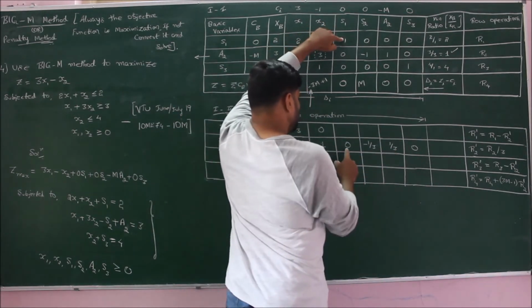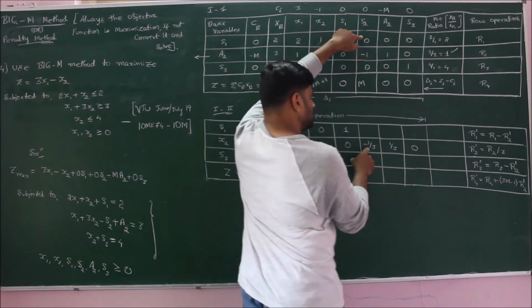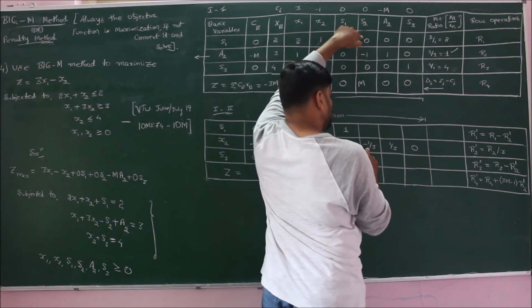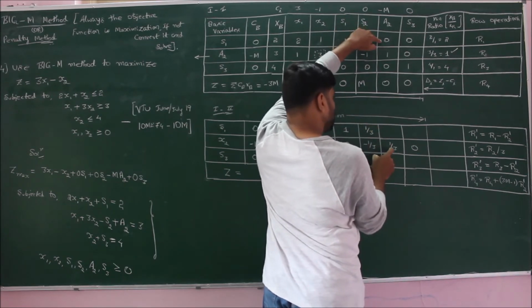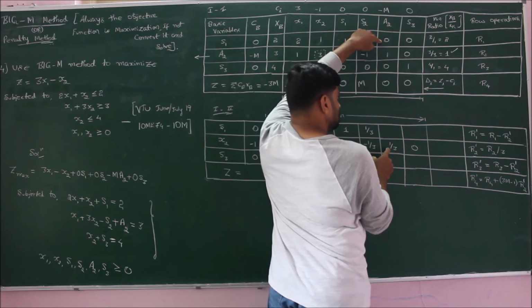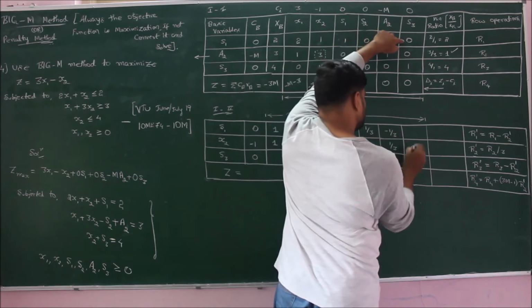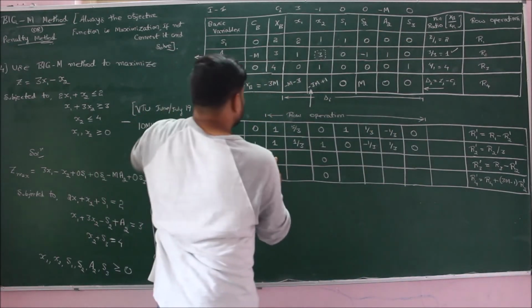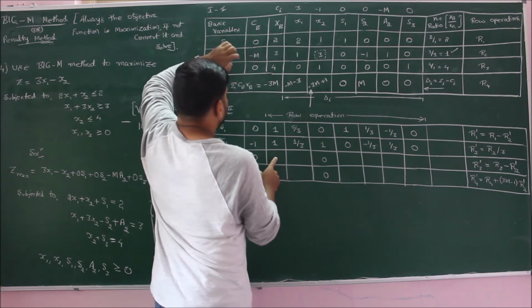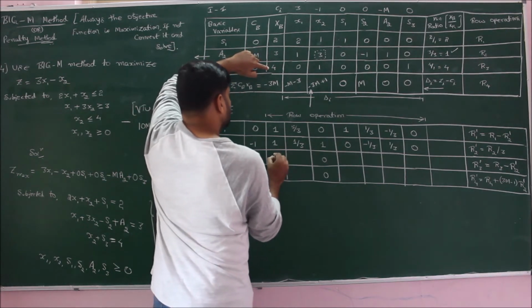So here I have 1, here I have 0, so therefore it will become 1. Here I have 0, but here I have minus 1 by 3. So minus of minus will become plus 1 by 3. Next, here I have 0, here I have 1 by 3. It will become minus 1 by 3. Here I have 0, here also 0, therefore it will become 0. Next, coming for row 3, we have the value as 4. So 4 minus 1 is 3.